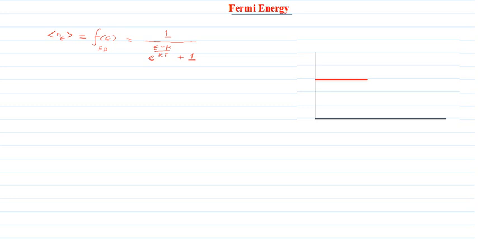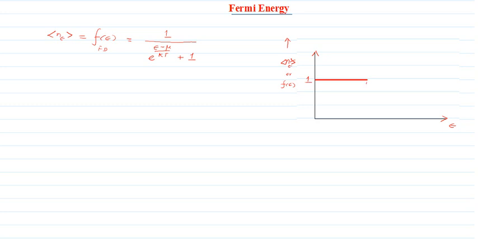Now here on the right side of the screen, I'm trying to plot the variation of this Fermi-Dirac distribution function. We have already seen this one. So this is N(E), the same as what we call f of E, the Fermi-Dirac distribution function, taken along the y-axis, and along the x-axis I take the energy of the levels. The figure, I hope you remember, is that the value of the Fermi-Dirac distribution function or occupation number will remain at 1,